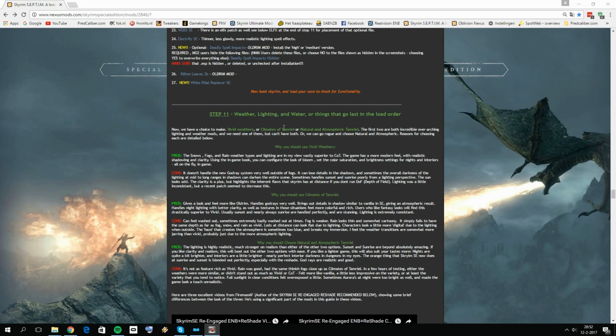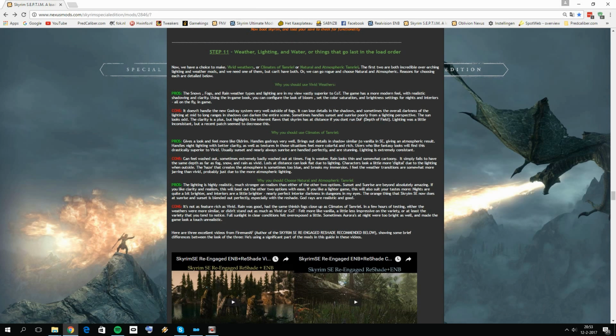Then coming to Climates of Ephemeral, it's a very bright weather mod with very bright god rays, which I think is definitely the winner of the 3 when it comes to god rays. But yeah, it's a little bit too bright for my liking. And then we have Natural and Atmospheric Ephemeral, and I think that's definitely the best of the 3 because it pretty much combines the benefits of Climates of Ephemeral and Vivid Weathers. So I suggest we go with